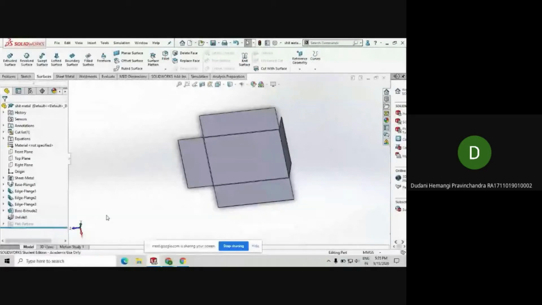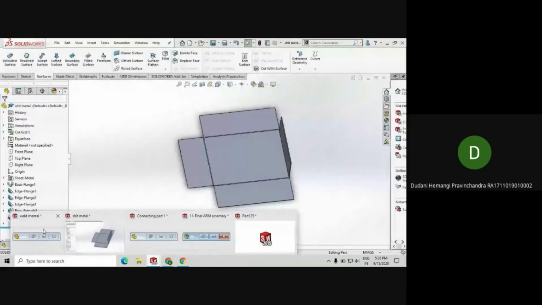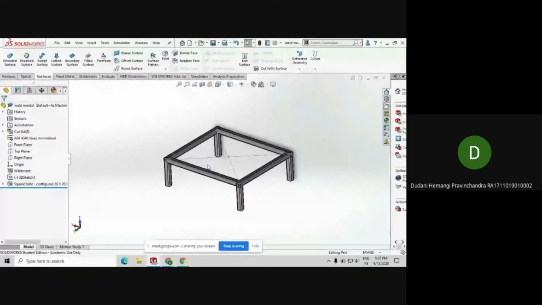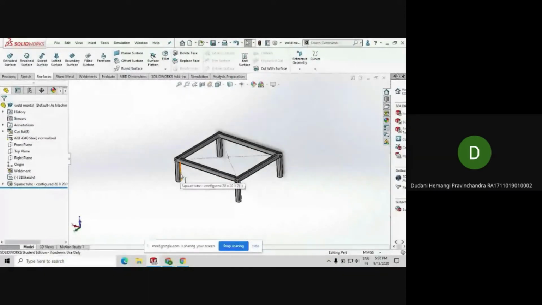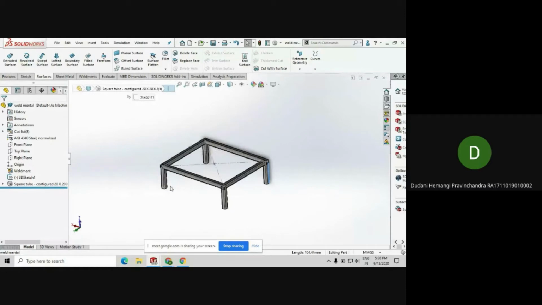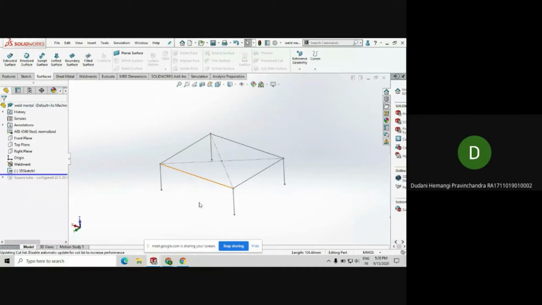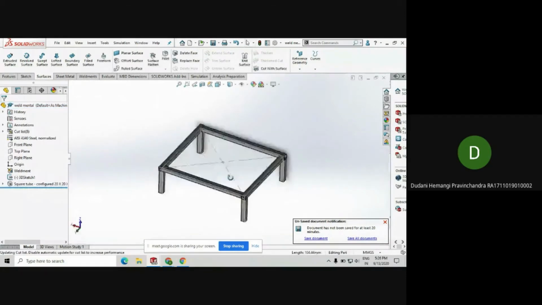When you have to create some structured product like a frame of something, like a table frame, like this, it would be really time consuming if you make each and every part of this and then assemble it in the assembly window. So weldments allows you to make, it has default structural members, so you can directly make a 3D sketch, for example, I just had to make this 3D sketch and then use any of the default structural members that were given there, and I can make this relatively quickly.